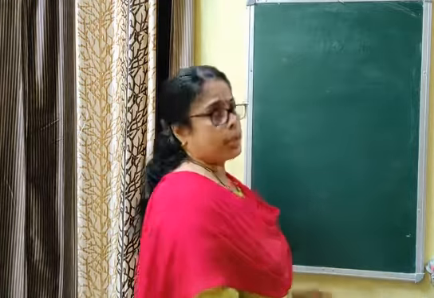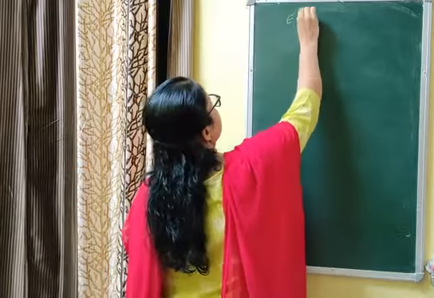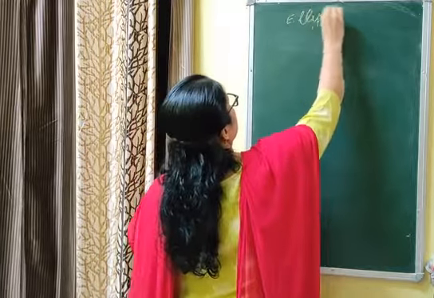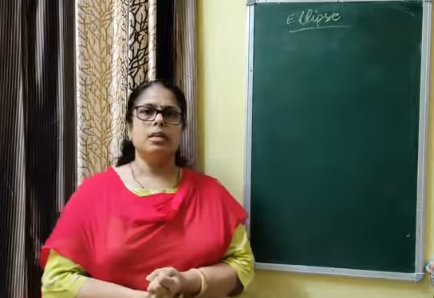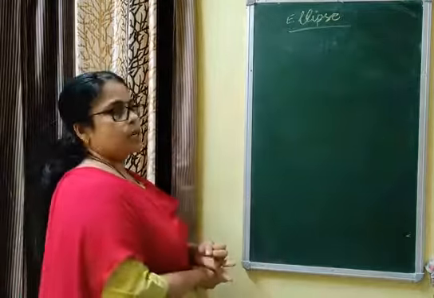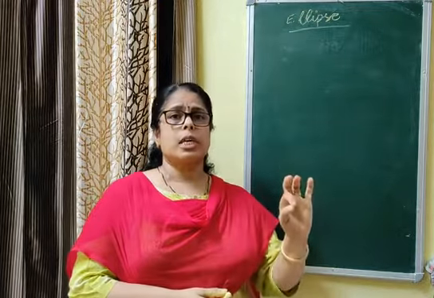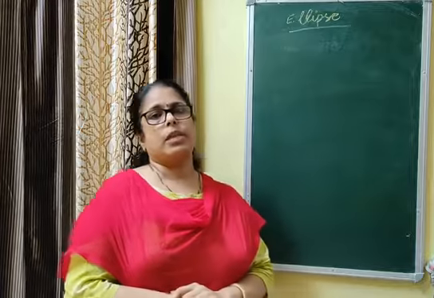Let us go through the introduction. That is ellipse. What do you mean by ellipse? Now we have done two types of construction. First is circle, second is parabola. Ellipse is the locus of a point in a plane such that the sum of whose distances from two fixed points in the plane is a constant.